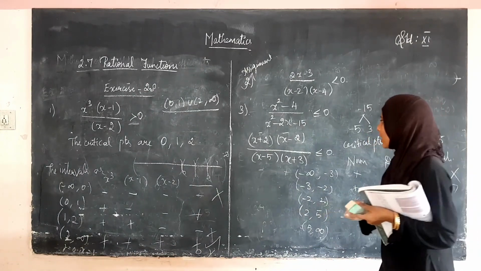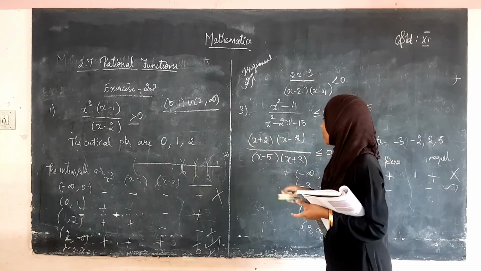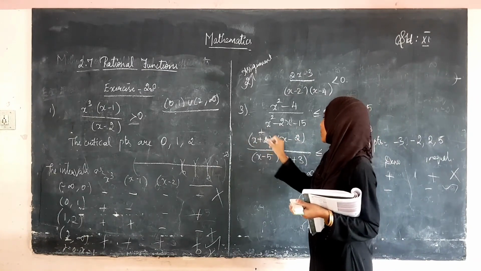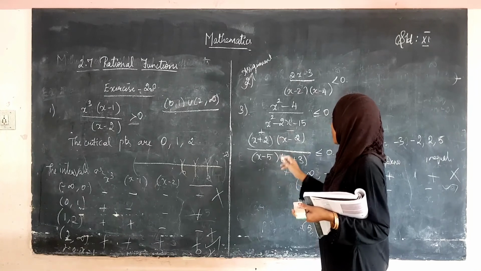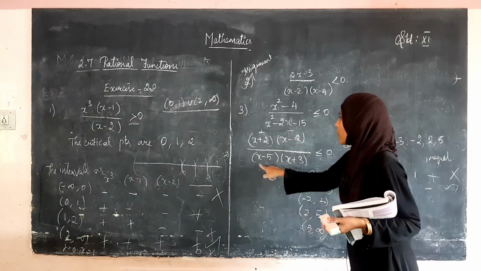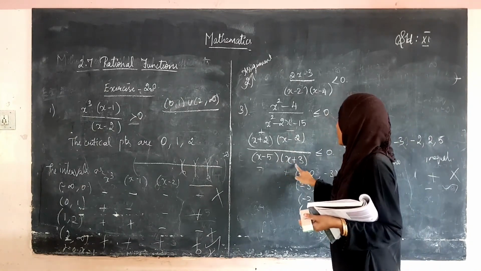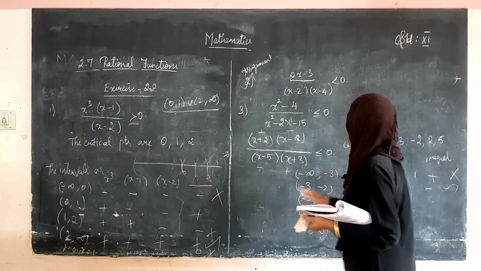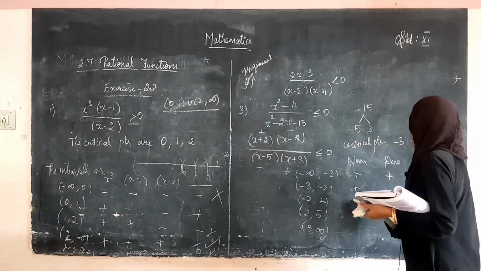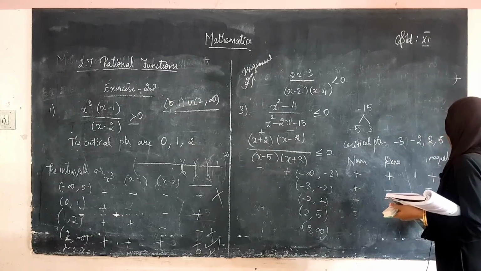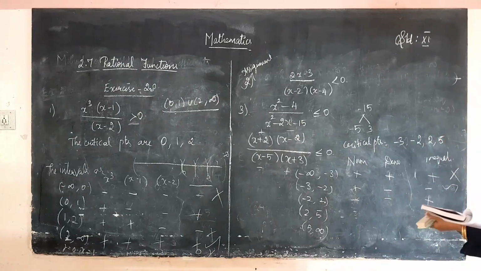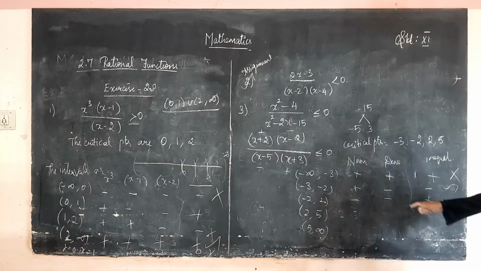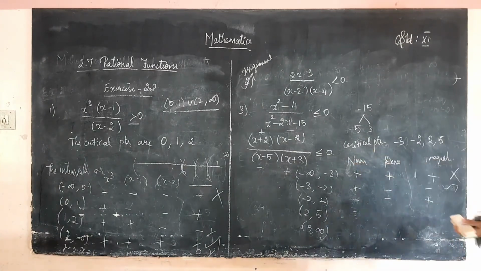And then the next one, minus 2 comma 2. Shall we take 1 here? What happens if we take 1? 1 plus 2 is some positive. 1 minus 2 is some negative. So, plus into minus, minus. 1 minus 5 is negative. 1 plus 3 is positive. Here also negative into plus, negative. Negative divided by negative is plus. Yes, it is plus, right, but it does not hold because the answer should be negative, does not hold.